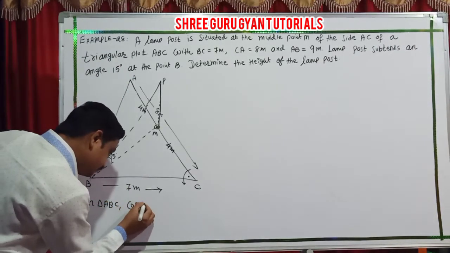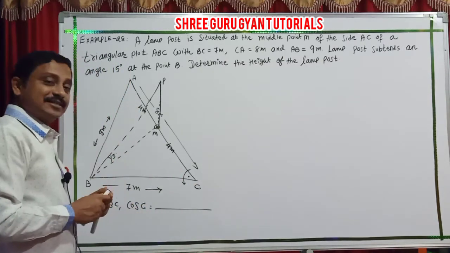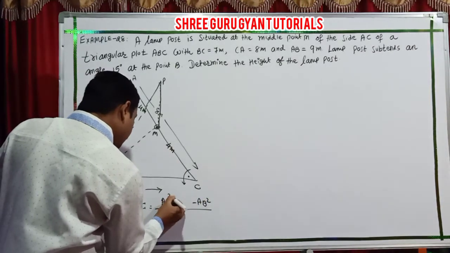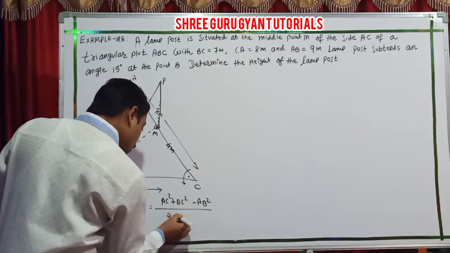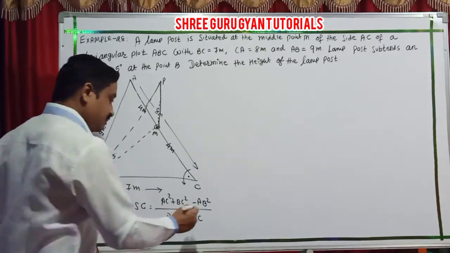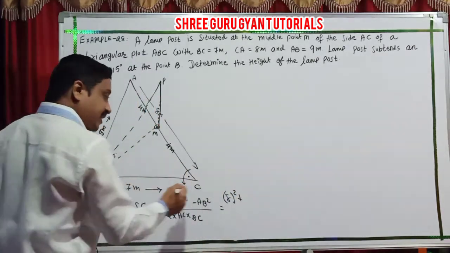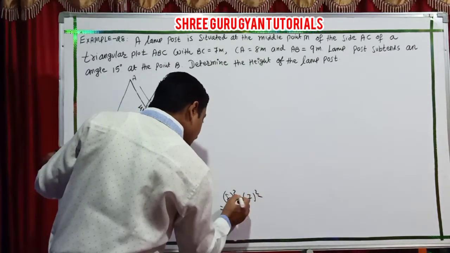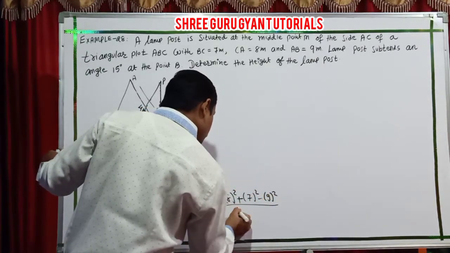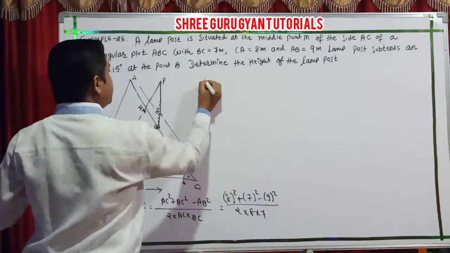What is the cos C? Yes, cos C is what? The side opposite the angle, so subtraction: AB square minus, the other are AC square plus BC square, by 2 times AC into BC. Students, cos C is as it is. But AC, how many do I have? 8. BC how many? 7. And AB is how much? 9. Upon 2 into 8 into 7. And that I simply calculate. My value is cos C.